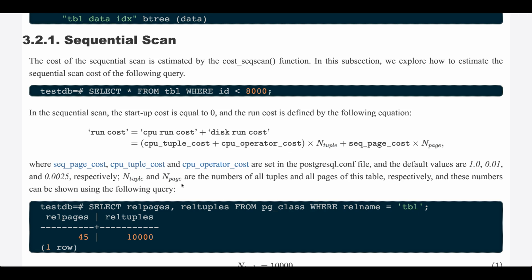N tuple and N page are the numbers of all tuples and all pages of this